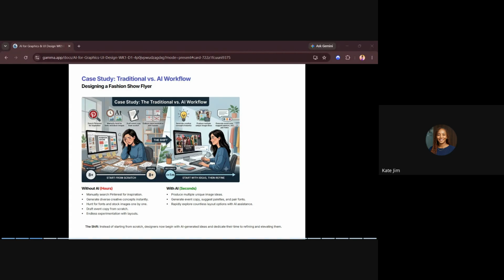For example, me, I started designing a little bit close to when AI became popular, not when it was first released, when it became popular. Yes. So what I would do is, if I have any idea, first thing, I even use Google too. I go to Google and I search, I check Pinterest.